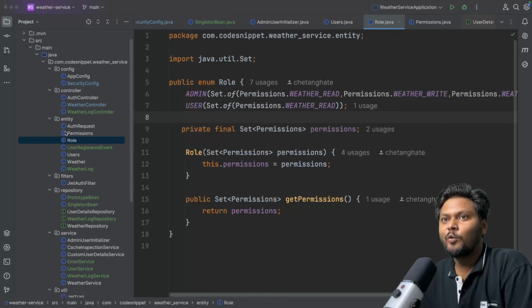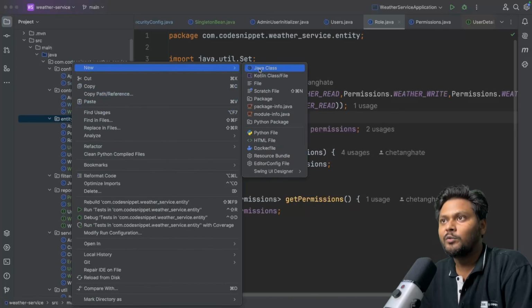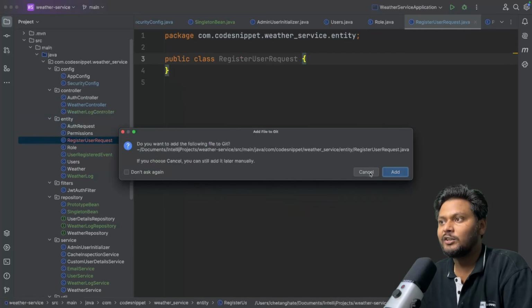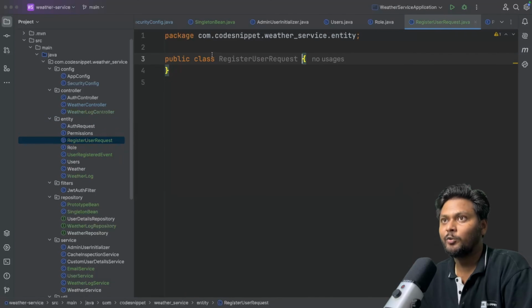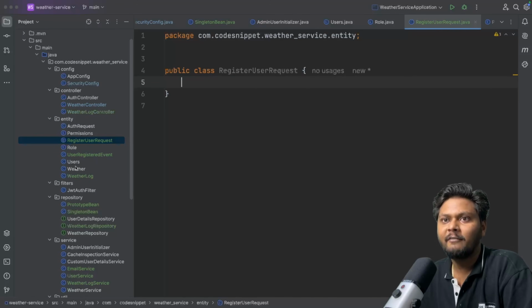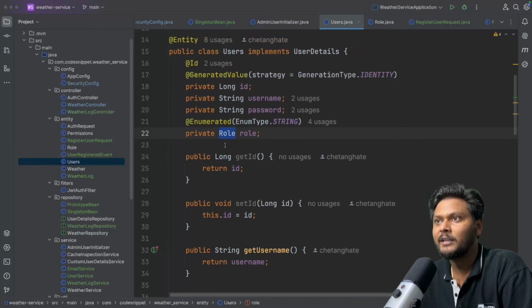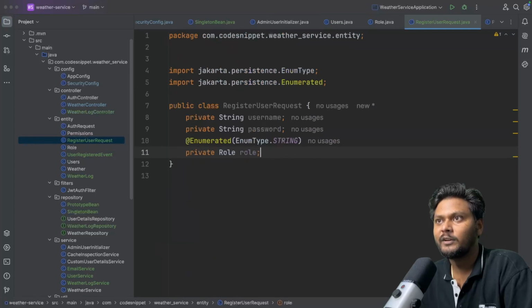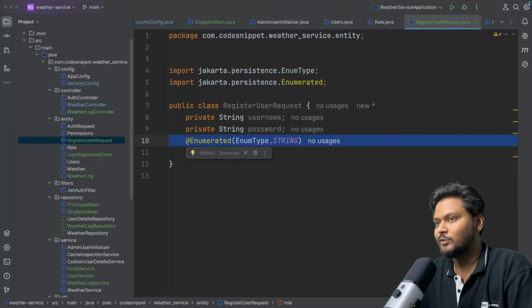So what we are going to do over here, first we will create a DTO. So let me create a new Java class, and here I will just say RegisterUserRequest, so that we can accept a JSON from an API, right? So we are going to create an API, isn't it? So this is going to be a normal POJO where we will have details of the user. So we will have similar details as of this one. So let me just copy these three over here and add it over here. And I will just remove this guy.